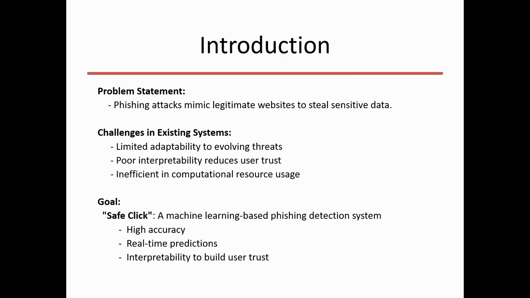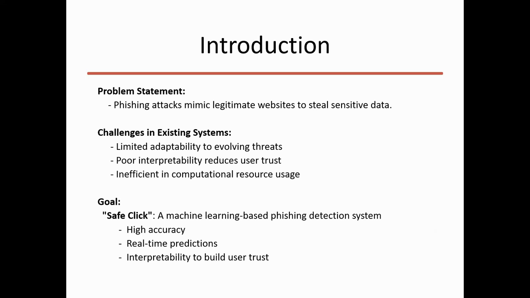Next, poor interpretability reduces users' trust. Imagine a system alerts you about a phishing site, but doesn't explain why the site is dangerous. Without a clear explanation, users might not trust the system or take it seriously. Third, inefficient computational resource usage. Some systems take too long or require too many resources to analyze the URLs, which makes them slow and impractical